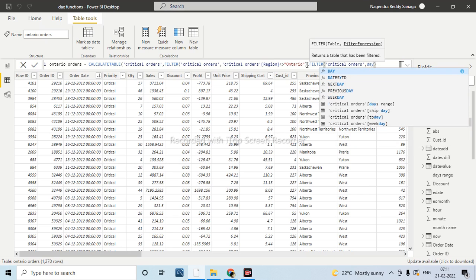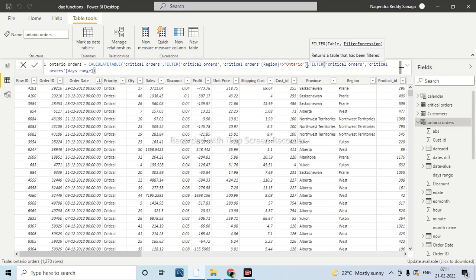Days range is equal to, we need to pass the text, right? Like earlier we have created less than 7 days, something like that. It should be an exact match, then only you will get the result.